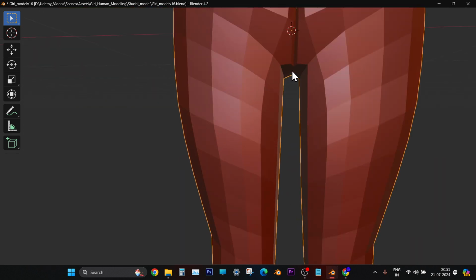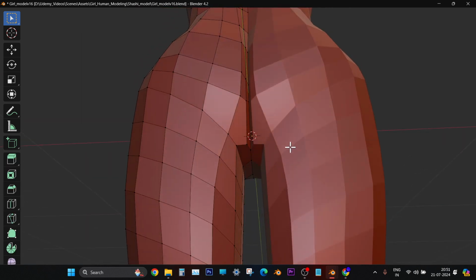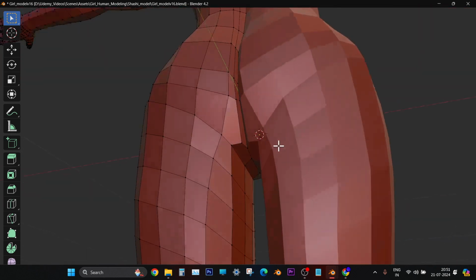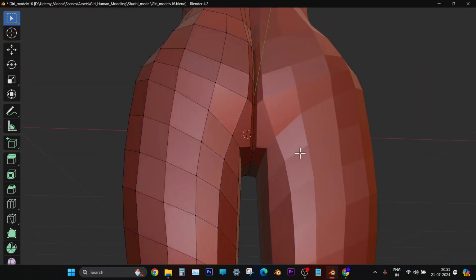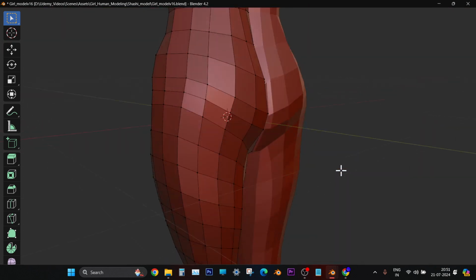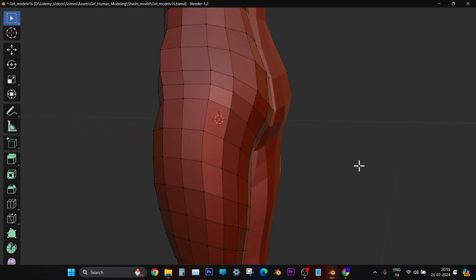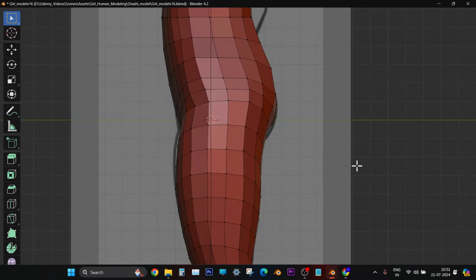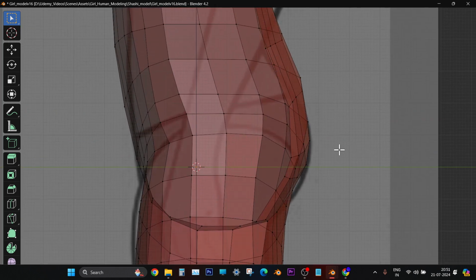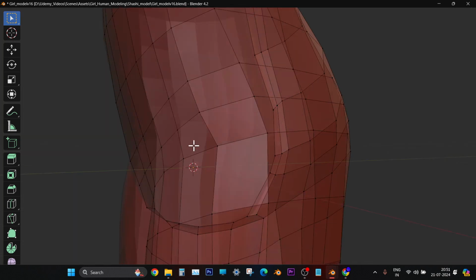Then we are seeing if any additional edges are needed. I feel it's not needed now. Maybe later we can do that if it really needs. So for now we'll try to bring the shape with whatever vertices available. Right. Now